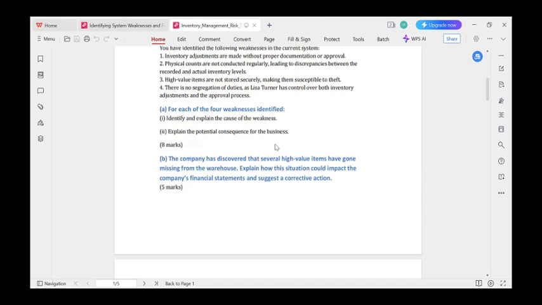The second part is explain the potential consequence for the business. Okay, so again, you are identifying the weakness, and then you are going to talk about the impact on the financial statements of the business. Okay. All right. So for each of them separately, the first one is